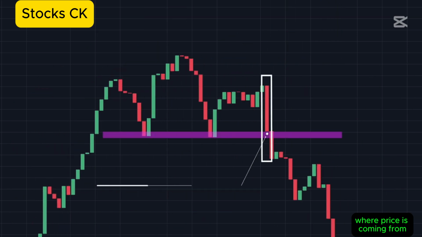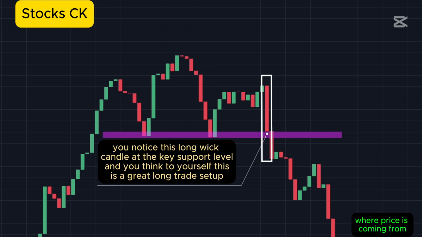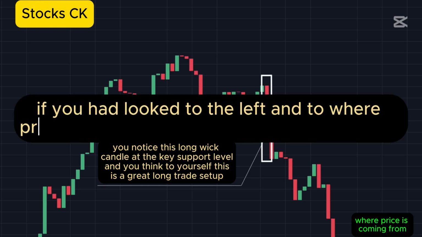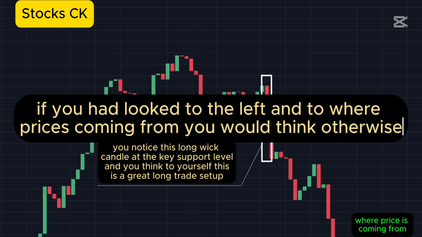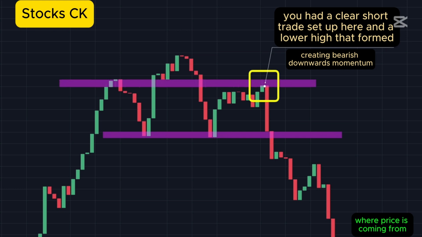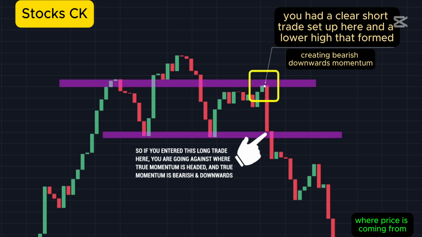You notice this long wick candle at the key support level and you think to yourself, this is a great long trade setup. But now if you had looked to the left and to where price is coming from, you would think otherwise. You had a clear short trade setup here and a lower high that formed, creating bearish downwards momentum. So if you entered on this long trade setup here, you are going against where true momentum is headed, which is downwards. Now moving on,